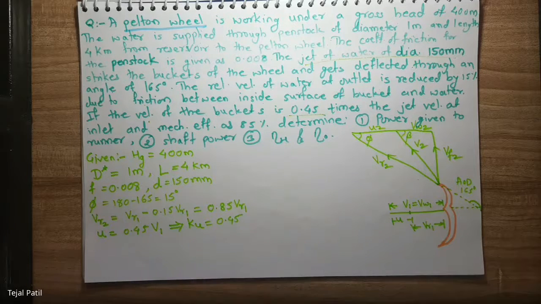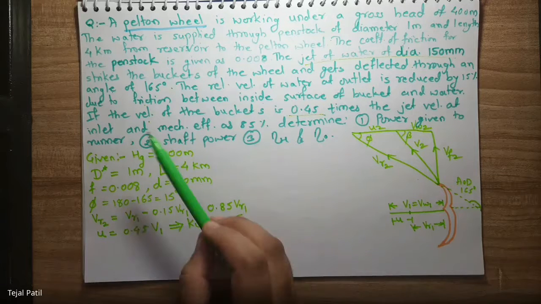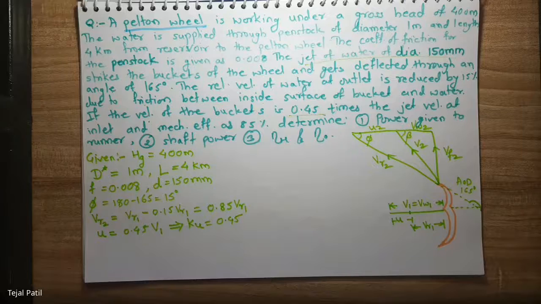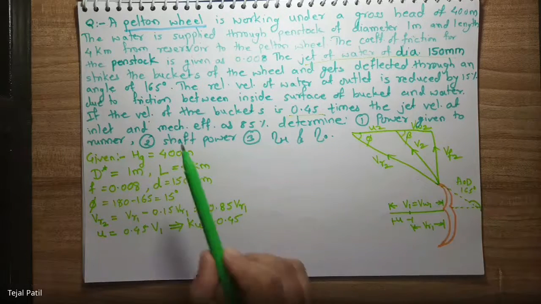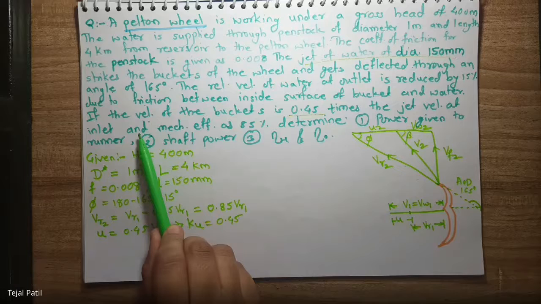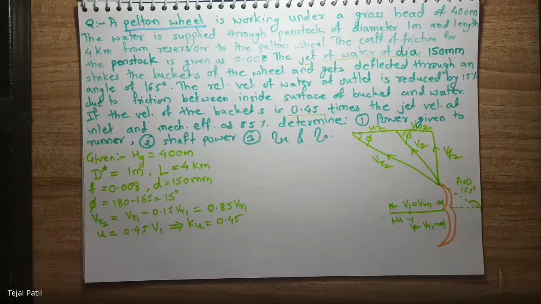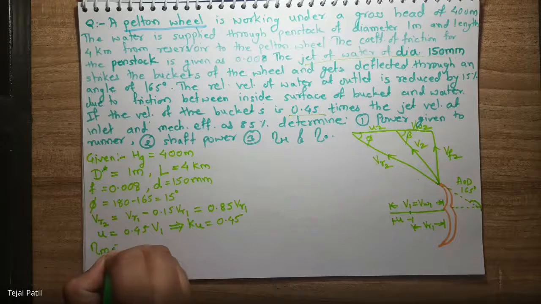Here directly it is in the sentence form, so you don't have to remember what is Ku and what is the other things or what should be the formula of it. But still, in case it is said that Ku is this much, then you must know the formula for Ku. Or sometimes instead of Ku they may say speed ratio. So you must know speed ratio and Ku both are same. Then further said that mechanical efficiency is 85%. So mechanical efficiency is given to you as 85%.